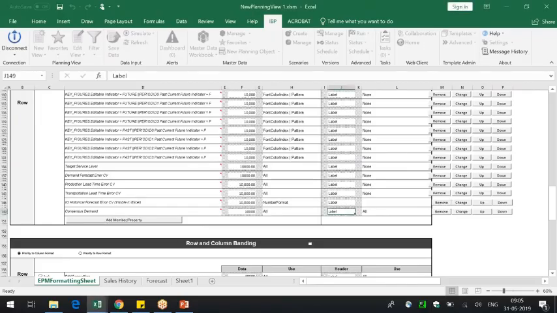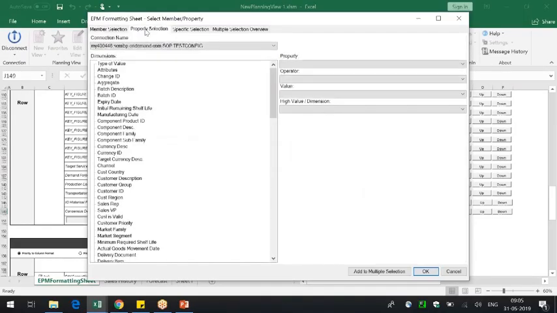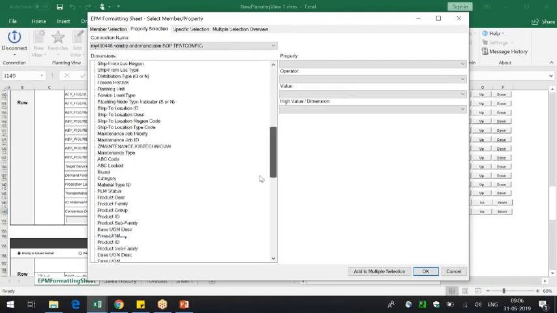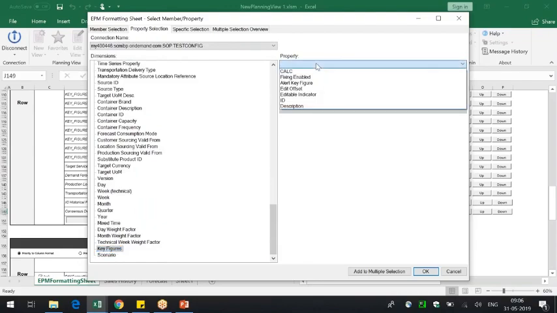Now this is not a key figure that we're doing. Now we're doing it for a member selection. So I go here, go to the property. Now we're actually assigning a property. We're not adding a member called pick up a key figure and then doing custom formatting on it. That is not what we're doing. We are actually creating a property here. So property on what? Properties on key figure. So I'll click on key figure.